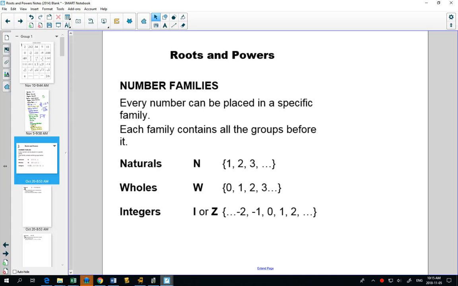Our next unit is called Roots and Powers, and we start off with looking at our number families. Every number can be placed into a specific number family, and some numbers are in multiple number families, which we'll see with a diagram. Now,